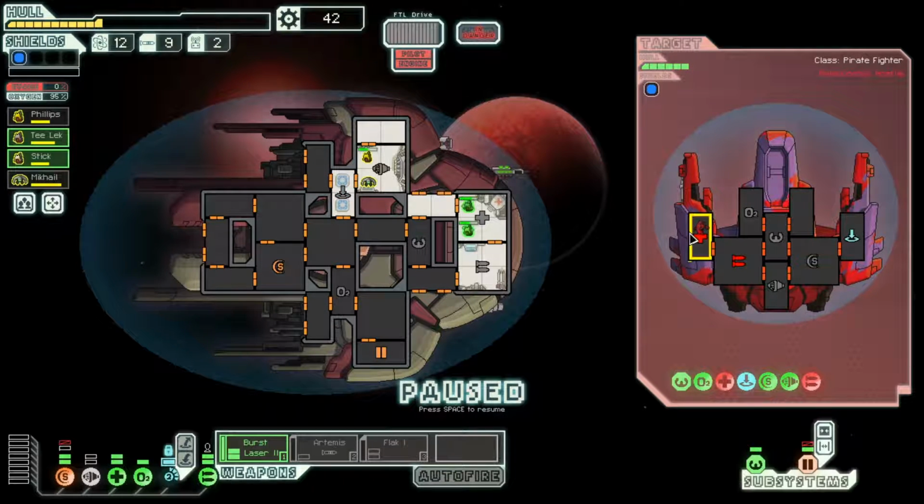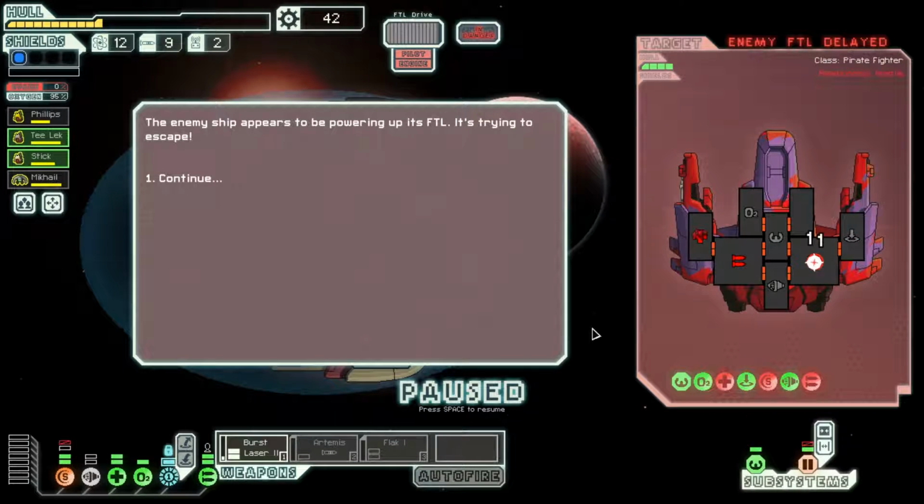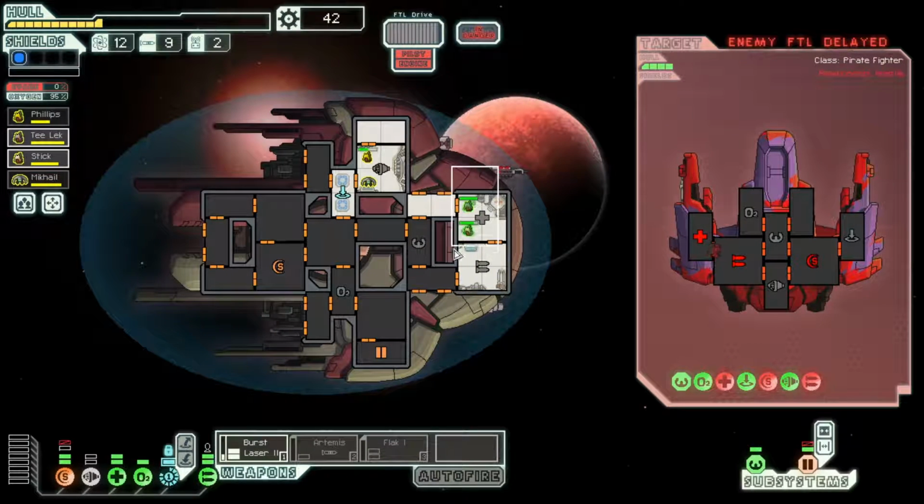But now here's the question. Do I want to kill the crew, or do I want to make them surrender a crew member to me? And I think I want to make them surrender a crew member to me. So I'm gonna attack them in their shield system. They're going to try to escape. He's gonna try to get that repaired, but then I am going to